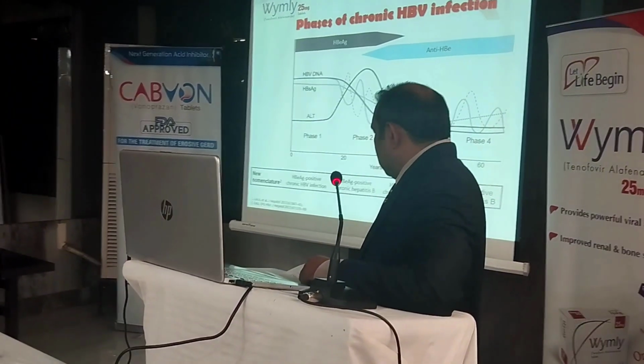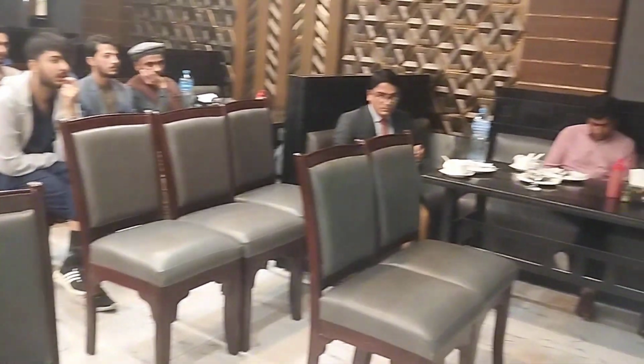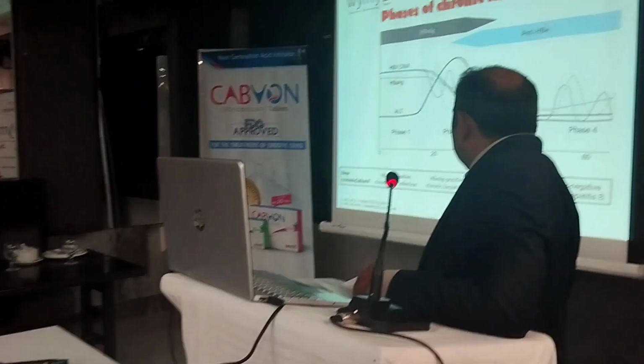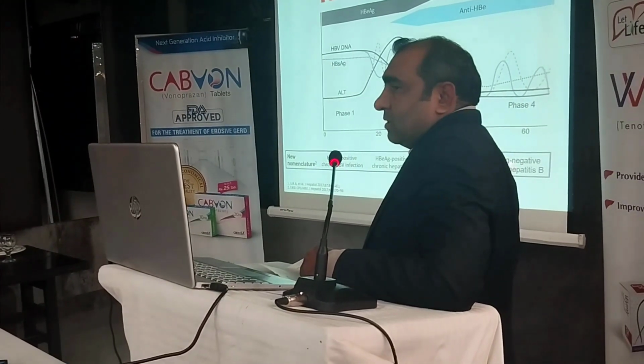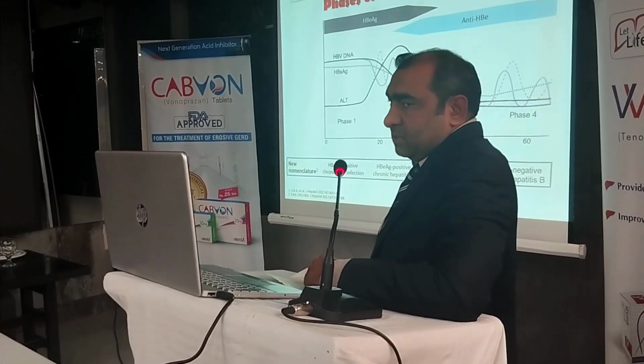Otherwise, if there is no inflammation in the liver, ALT is normal and histopathology is also normal, we categorize it as E antigen positive chronic infection. So the treatment also depends on these stages. We will discuss later on after a few minutes. The other group is E antigen negative, or those who are anti-E antigen positive patients. So E antigen negative, again two groups: E antigen negative chronic infection and E antigen negative chronic hepatitis. Again, the criteria for infection and hepatitis is the same.